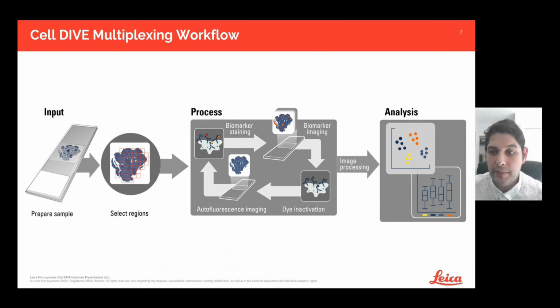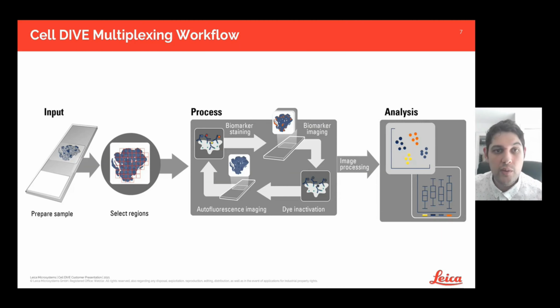What is the CellDive multiplexing workflow? This is a very simple schematic of the overall workflow. But basically, you take these FFPE tissue blocks I mentioned earlier, section them, perform a sample preparation, and that sample preparation just involves typical IHC protocols like dewaxing. From there, these slides can be loaded into the imager. Regions of tissue that are desirable for imaging can be selected, and then off imager, an iterative staining and destaining